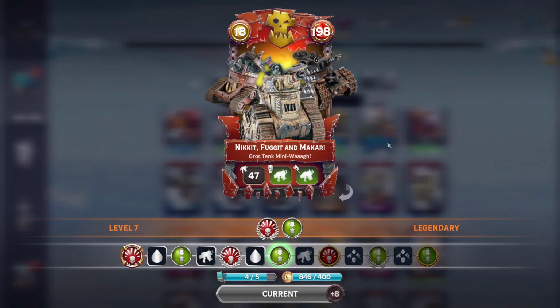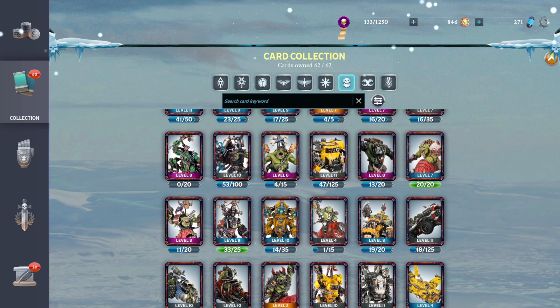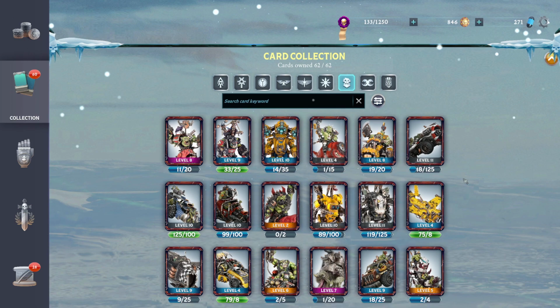So this guy, of course, technically you can still have it in your deck even if you have Makari, which is silly, but you know. This guy has that Taunt, extremely durable card. If you have the red Gobbo, the endless Taunt card, that can really make a big difference. Throw in some Medicae, ideally some cheaper ones,